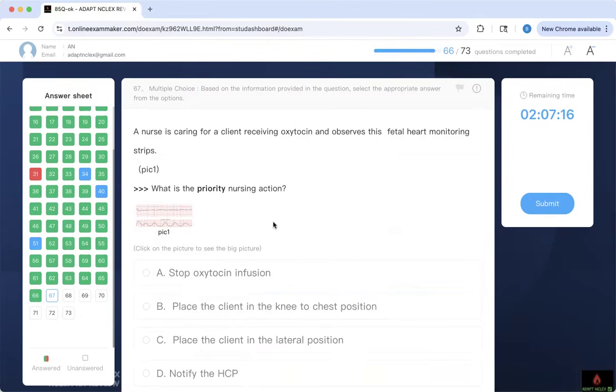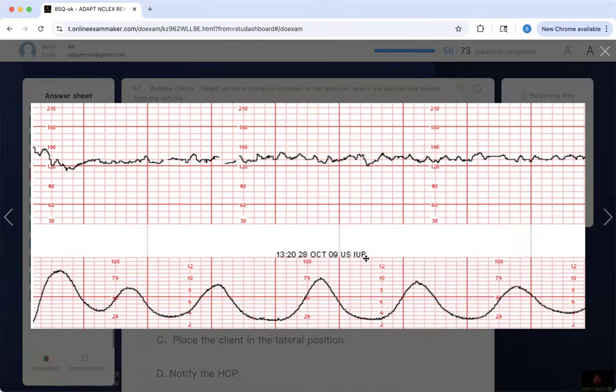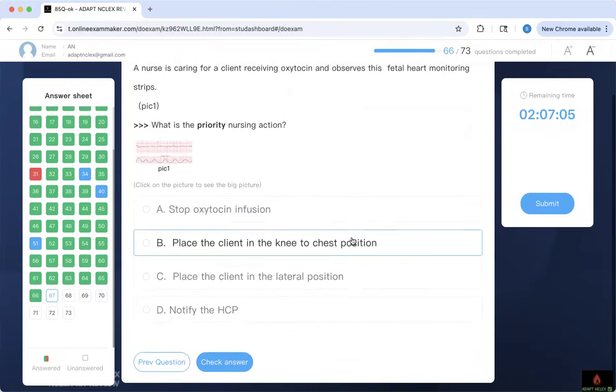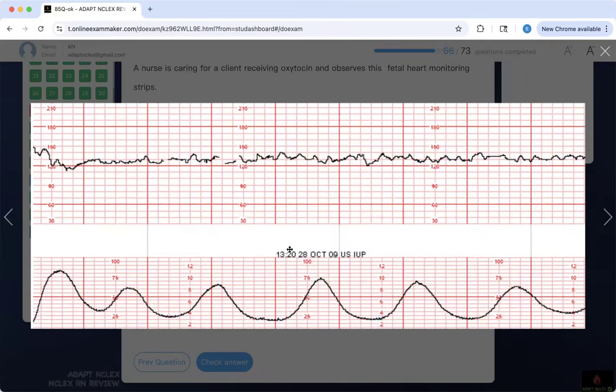Maternal health. And then it's caring for a client receiving Pitocin. Observe this fetal monitoring. Which action should the nurse take? What do you think? Stop the Pitocin, place the client in a knee to chest position, place the client in lateral position, notify the healthcare provider. What do you see? I'm giving Pitocin. If you see this fetal strip,